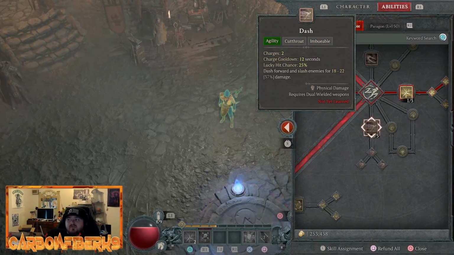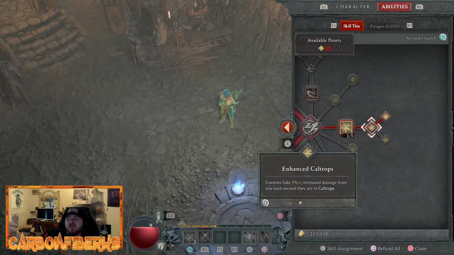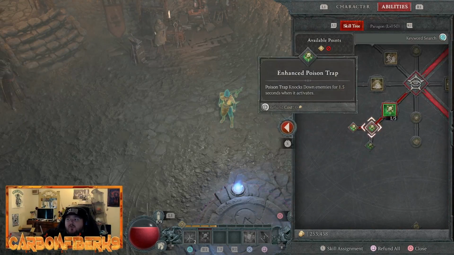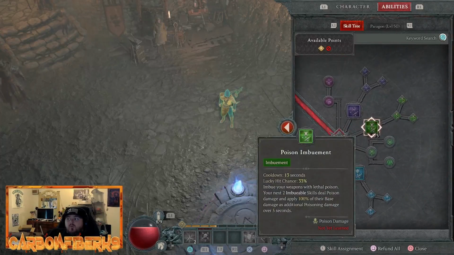That's it. That's all you need. Those three abilities. That is how my brain is perceiving it right now, with the damages and the multiplicative increases and 3% multiplicative increased damage for each second they're in caltrops. Then you come down here to the poison trap, knocks them down. And then it has a 30% chance to reset the imbuement skill. Well, the imbuement skill is going to be poison, and